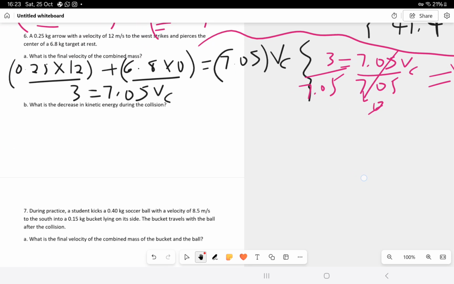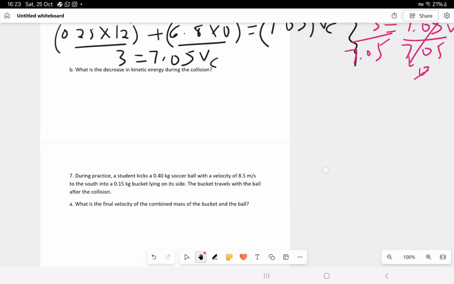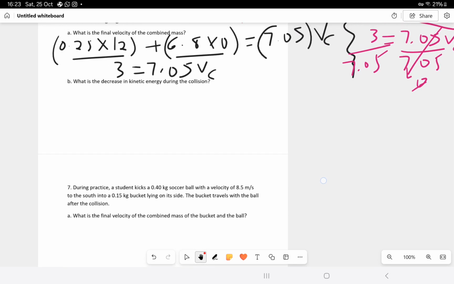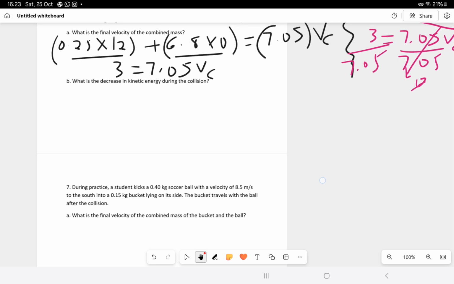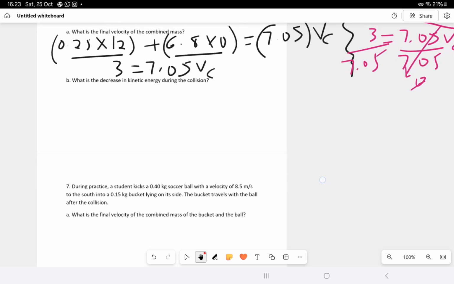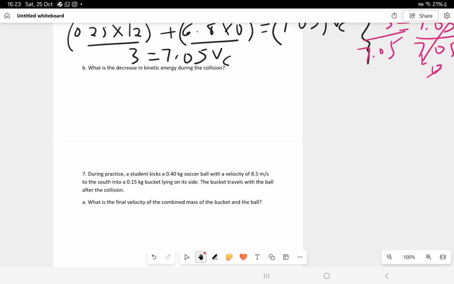It says, now what is the decrease in kinetic energy during the collision? In this case we say, how do we get kinetic energy? Class said kinetic energy KE is given by a half mv squared,